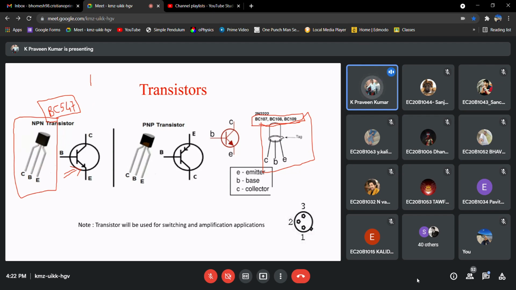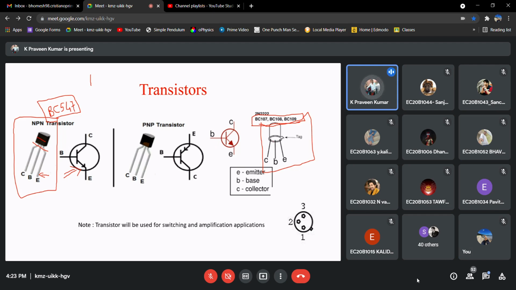As you can see here, the pin ordering: if you hold this flat transistor such that the flat surface is facing towards you, then starting from your right side, it is emitter, base, collector, right? Just follow one convention, and don't follow multiple things, so that you can easily remember. Hold the flat surface towards you, then emitter, base, collector.